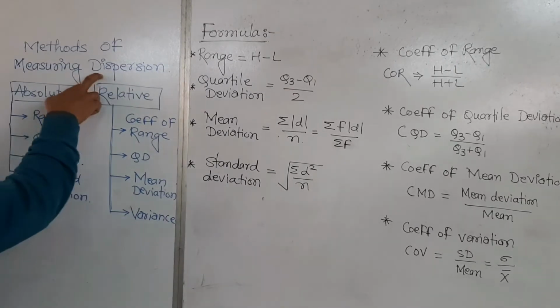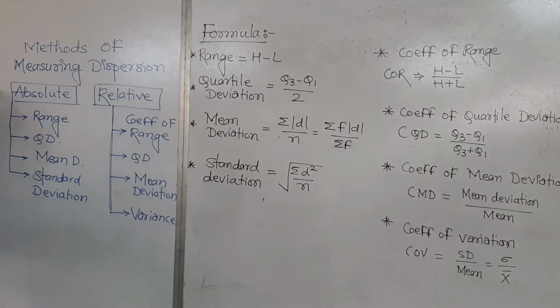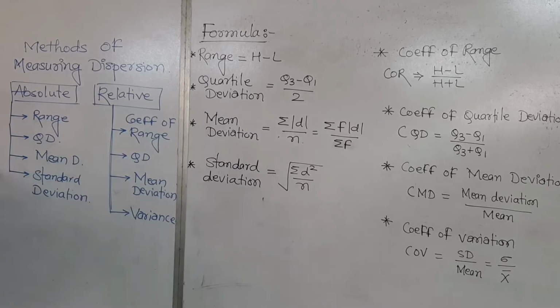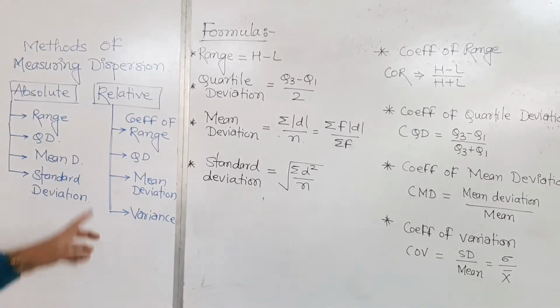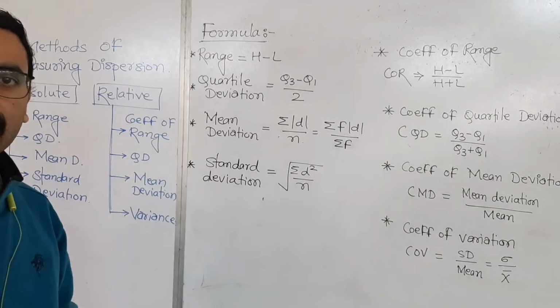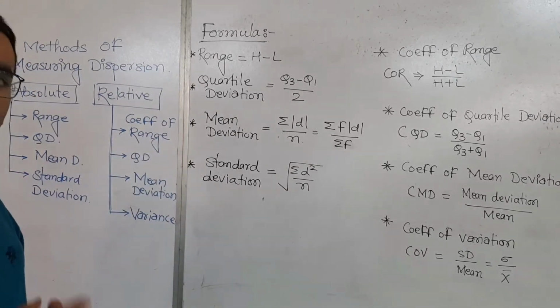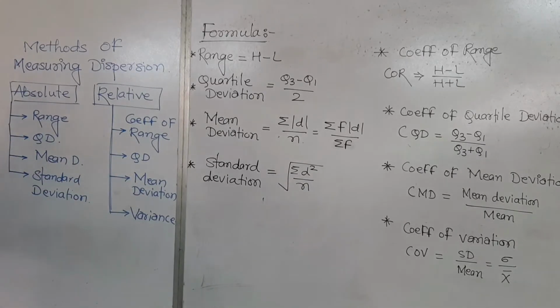Variation is nothing but deviation or dispersion. Two methods are there, the absolute method and the relative method. In the absolute method, we get the exact deviation, what it is exactly, and in the relative method, we will get the percentage value. We will get the answer in terms of percentage if we multiply the value by 100. So, these are the two methods.